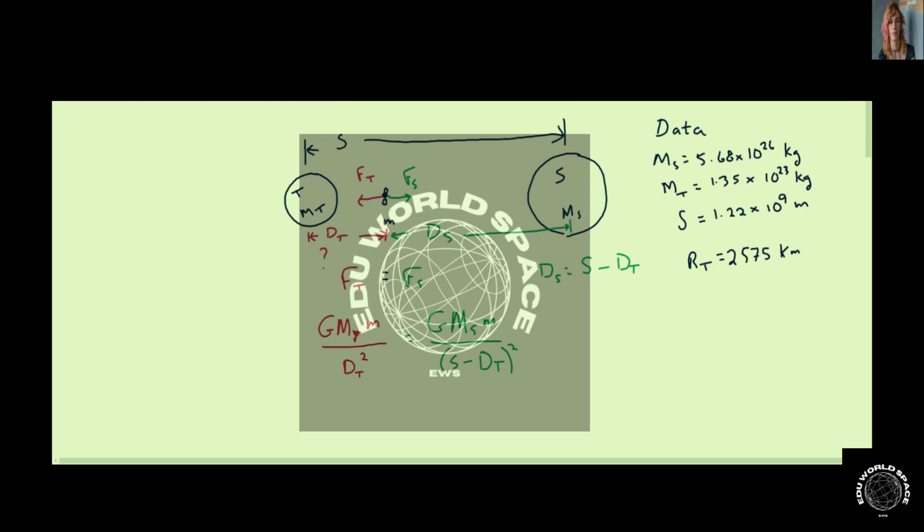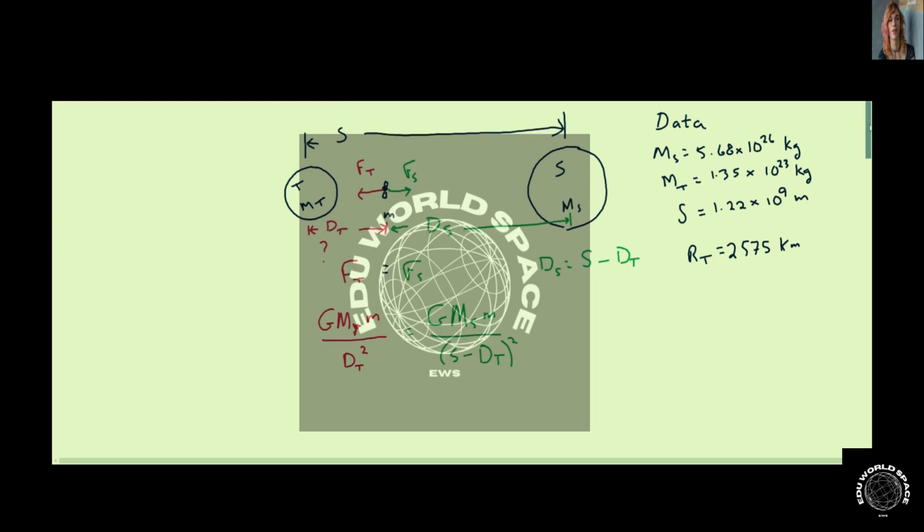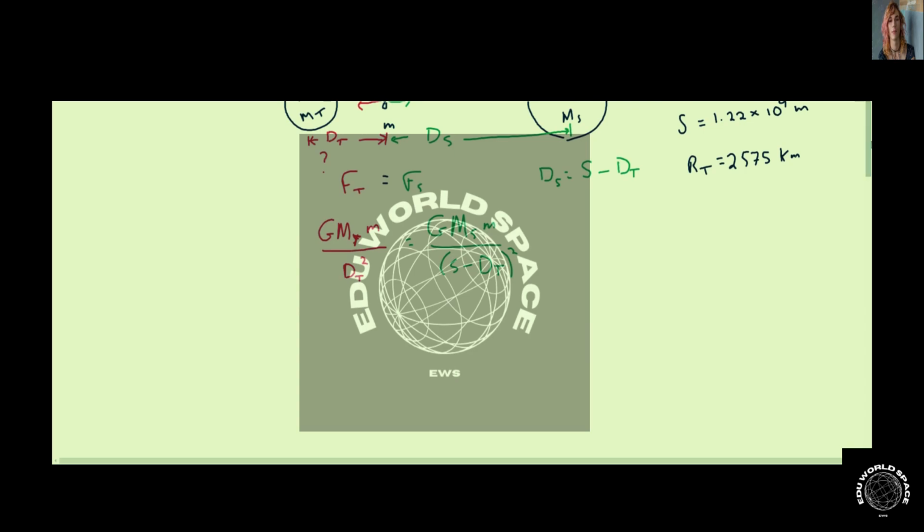At this point, we've done most of the physics, but what we see is we have basically a quadratic equation that we're going to have to solve for that distance with fairly large quantities involved. So we'll spare some of the math,